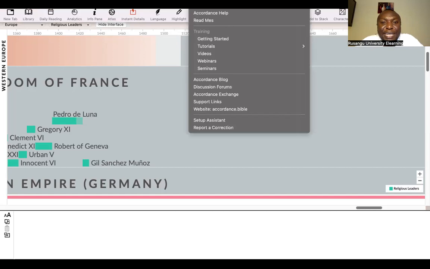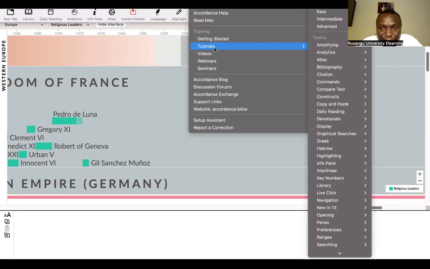So if you come to the help menu, okay, and I think even in Windows it is the same. If you come to the help menu option, you are able to see this. Hello? Yes. Okay, good. If you click on help and you come here where it says tutorials, you see this? Then it gives you